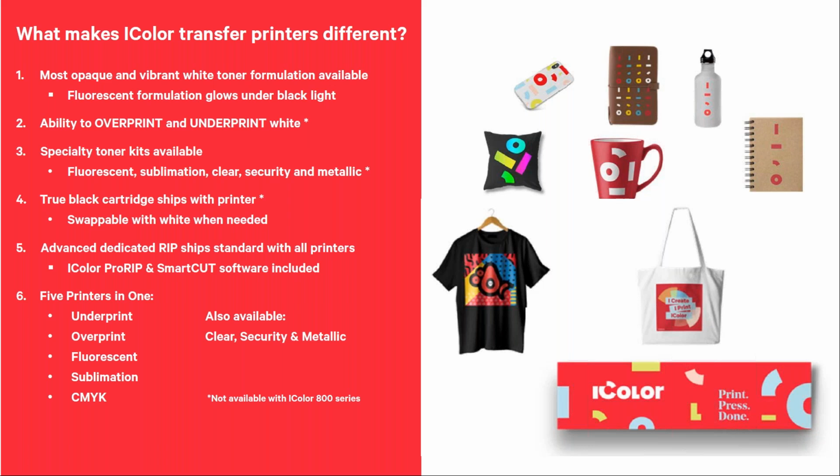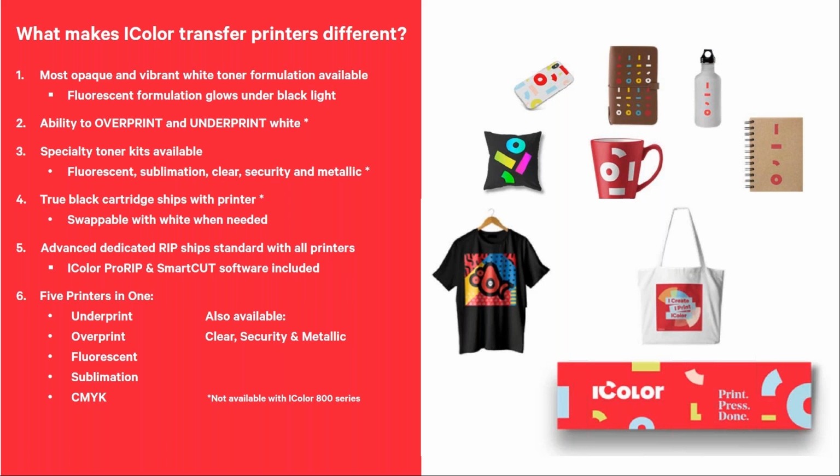We also offer clear toner, security toner, and metallics like gold and silver for use when you're printing on paper or waterslide or things like that. The gold and silver cartridges are not for transfer printing because they take the place of the white cartridge in the machine, but we offer gold and silver types of transfer paper if you need that. Our printers come with a true black cartridge as well, so that if you just want to print regular CMYK projects, Microsoft Word, kids' homework, anything you normally print with a laser printer, you can do with our white toner printers as well. So you don't need to buy another printer. Everything can be done with these printers.